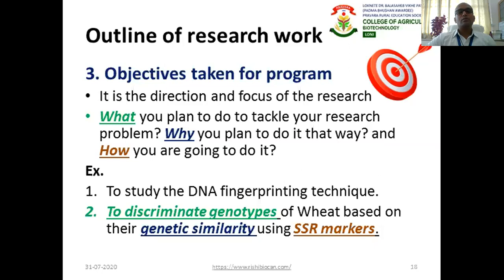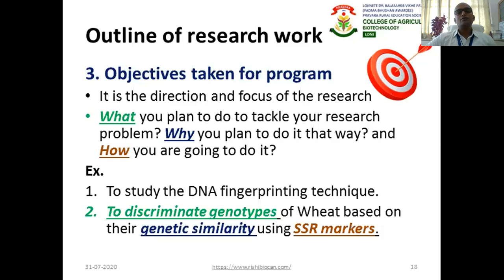Then why do you plan to do it that way? Because wheat varieties are getting mixed with each other, and based upon genetic similarity, you want to find the proper parents, and then those parents will be used in a breeding program if they are genetically diverse.